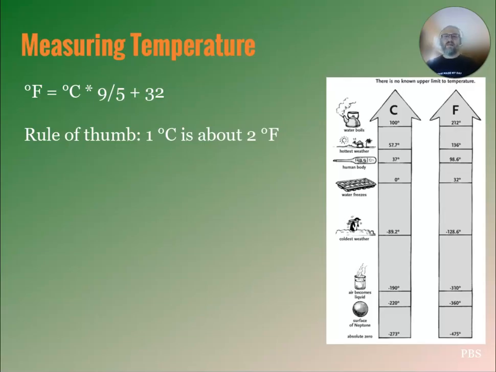But I would ask you to keep in mind a rule of thumb that 1 degree Celsius is very roughly about 2 degrees Fahrenheit. Right? It's actually 9/5 Fahrenheit degrees, but that's very close to 10/5, which would be 2. And so this is a useful rule of thumb when we talk about temperatures, and especially when we're talking in